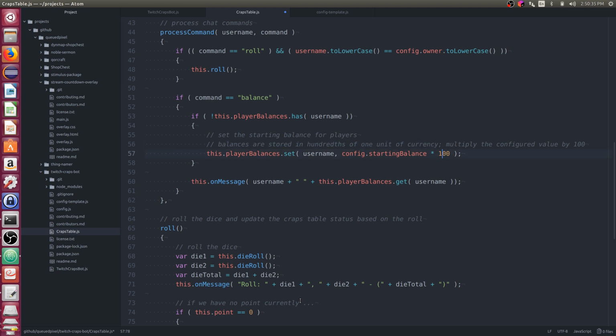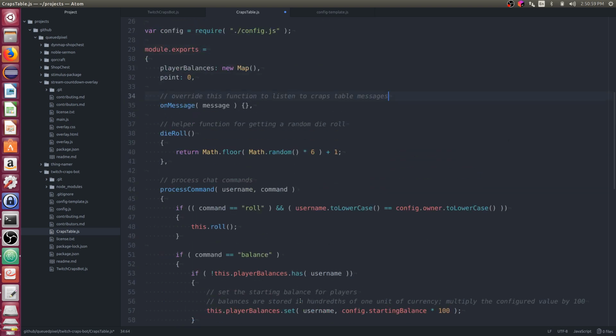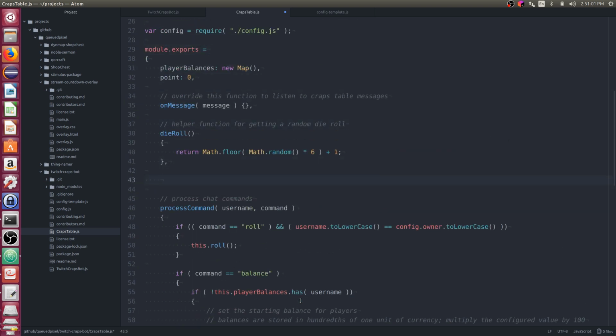Of course, if I run it again now, we would get this weird 10,000 result, which wouldn't make any sense to players, because they're going to expect something more along the lines of 100. So let's come up with how to format a currency. Let's just produce a function here. Say format currency.